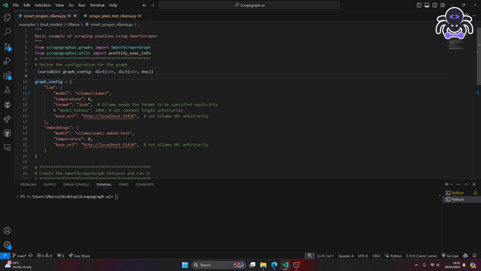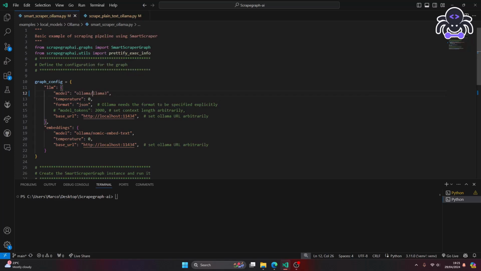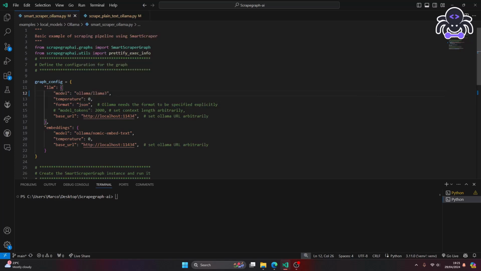And so in this case we also set the graph configuration. In this case we use the LLM, and the model will be ollama slash the name of the model, so Llama 3 for example, and JSON, because for Ollama we need to also specify the format to be more precise,